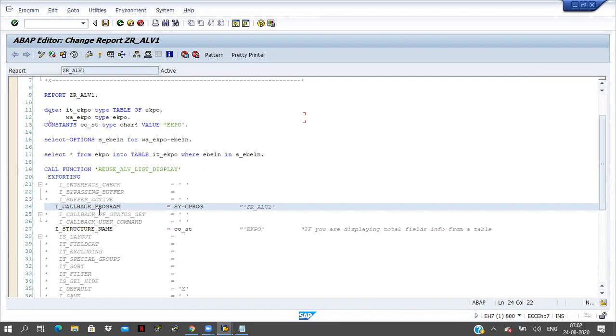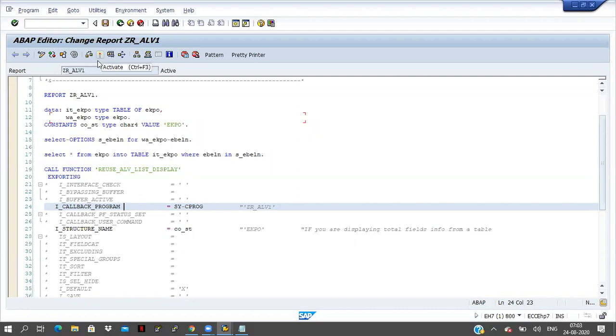Why do we have to use this I_CALLBACK_PROGRAM? It is used for passing the current program name to the function module. Why do we have to pass it like this? Some output comes by clicking on any button, or in the middle of the program I go to another program.